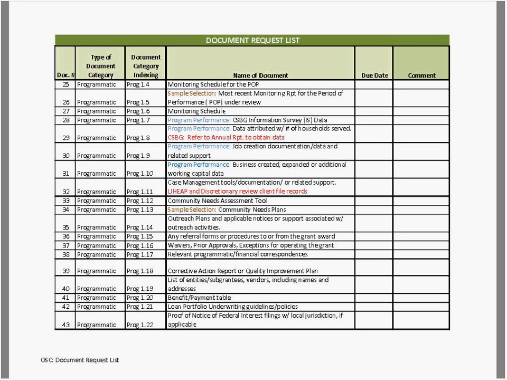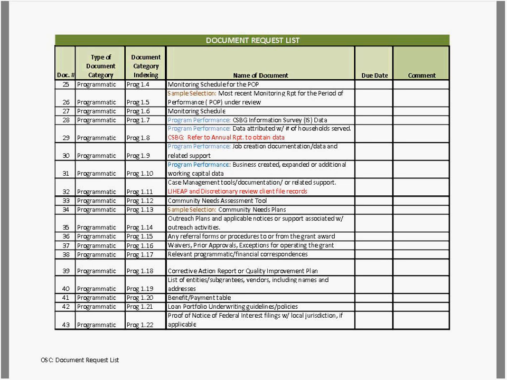To the latter part of your question, it is linked to the various questions that we have on the tool. For example, the tool will ask, do you have policies and procedures available? We'd like to look at what those policies and procedures are as they relate to your financial oversight and your program oversight.